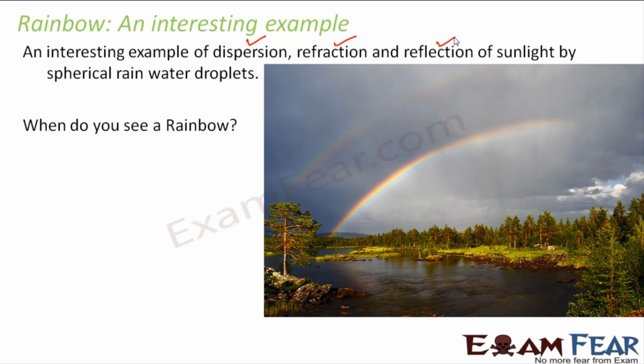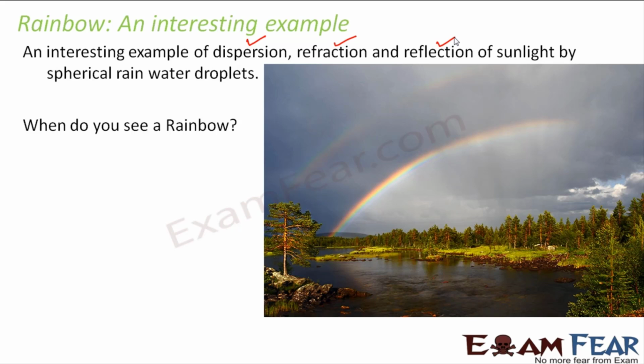So did you understand when exactly you see a rainbow? You will observe it for yourself, that when the rain stops and the weather is such that some part of the sky is sunny, you can see the sun there, and some part of the sky is still cloudy. Now if you stand in such a way that your back is towards the sun, you will be able to see the rainbow in front of you.